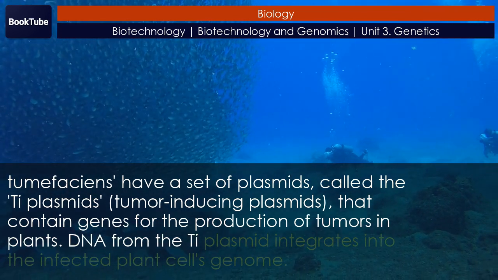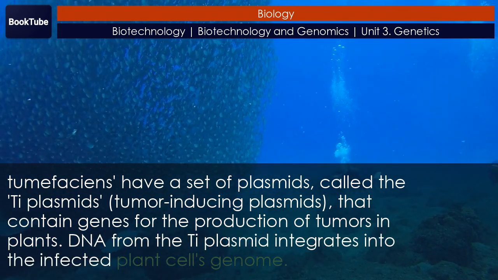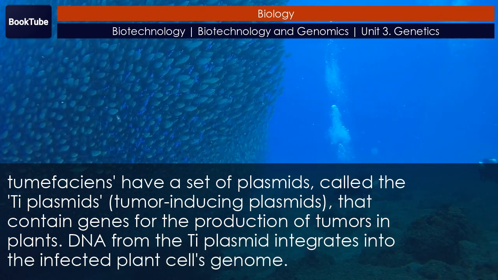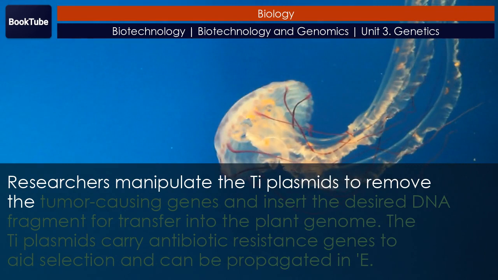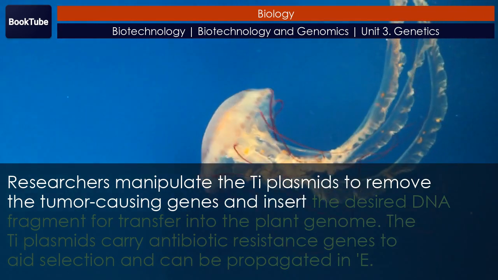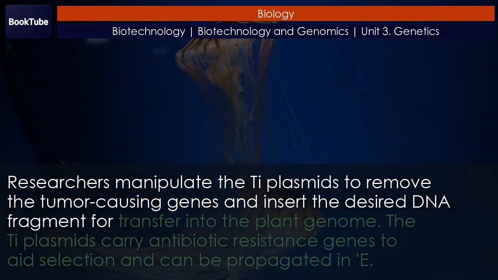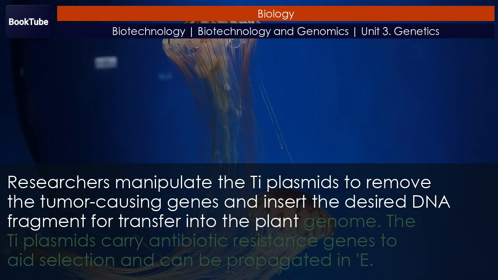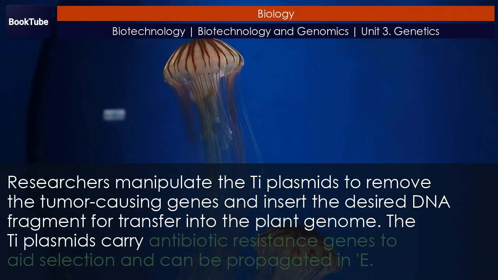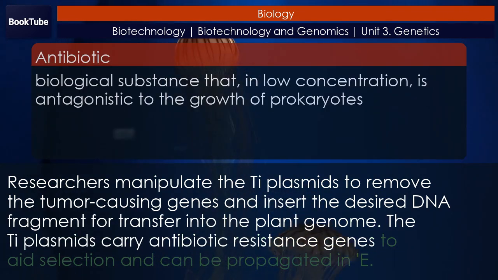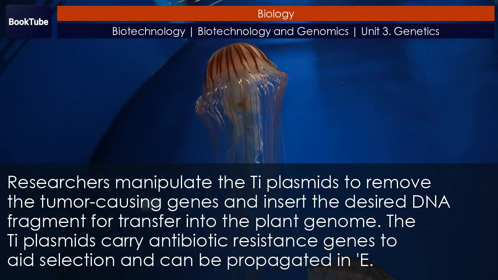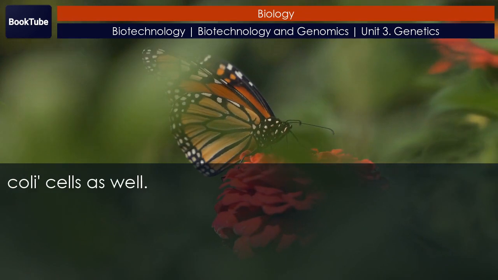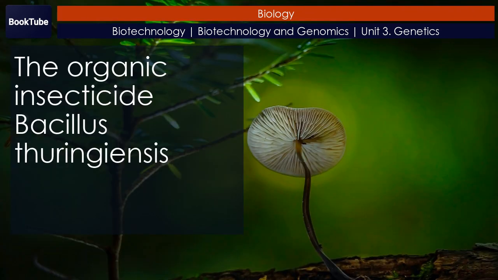DNA from the Ti plasmid integrates into the infected plant cell's genome. Researchers manipulate the Ti plasmids to remove the tumor-causing genes and insert the desired DNA fragment for transfer into the plant genome. The Ti plasmids carry antibiotic resistance genes to aid selection and can be propagated in E. coli cells as well. The organic insecticide Bacillus thuringiensis,